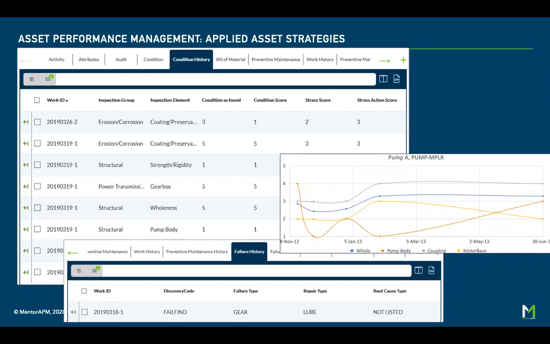And with pull-down menus that are all filtered appropriately to the right assets, this information is captured correctly and normalized, and we don't end up with wonky things like the wrong kind of failure modes for the wrong kind of asset. It's all done so that the information we have is actually useful and usable and allows us to make those